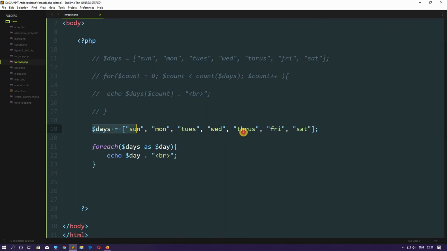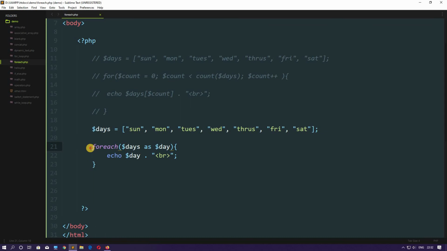Now let me explain what is happening here. We must declare our array first. If we need to access the array, we should have the array. So this is our array, and here we have the foreach statement, and inside this first bracket we have $days, which is the array. What it is doing is taking each and every item. It figures out on its own that this is the first item, this is the second item, and this is the last item. So in this foreach statement, $days, the whole array comes here. Then in this $day variable, it puts each and every item one by one.